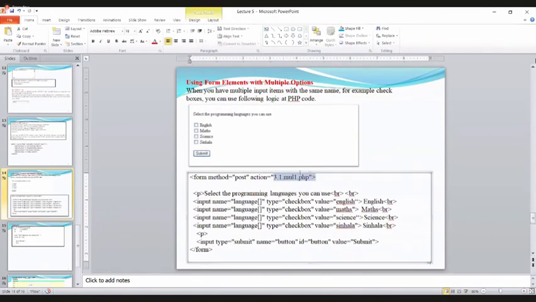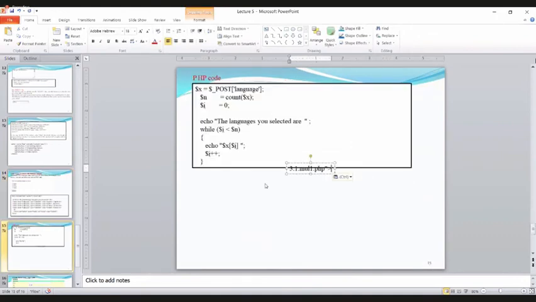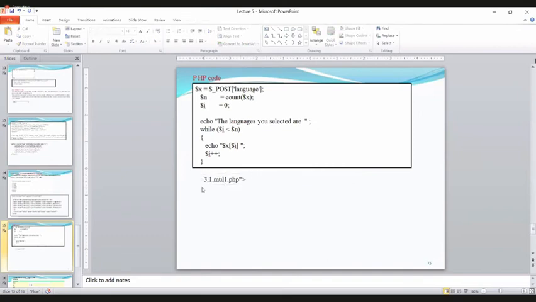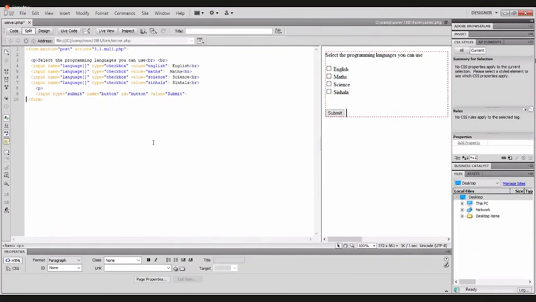Whatever the name, this file should be saved, right? The file name should be, this is the file name. File name of processing, right? If you write the